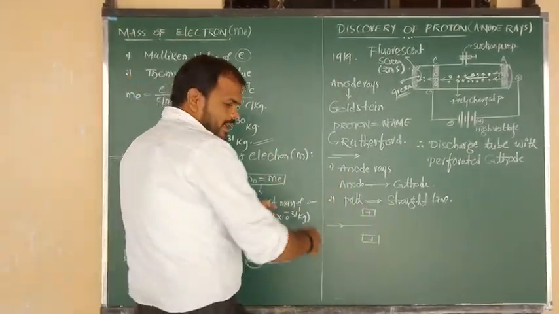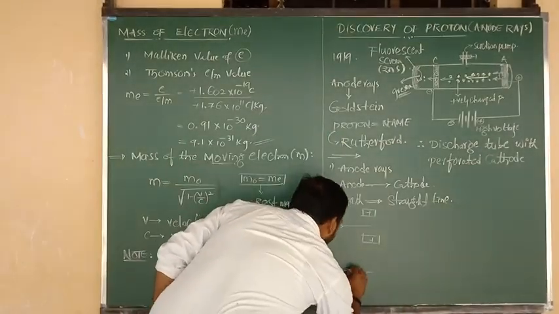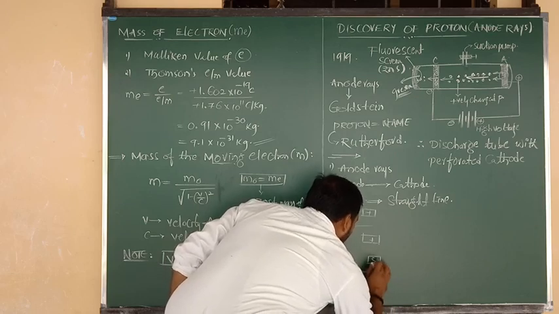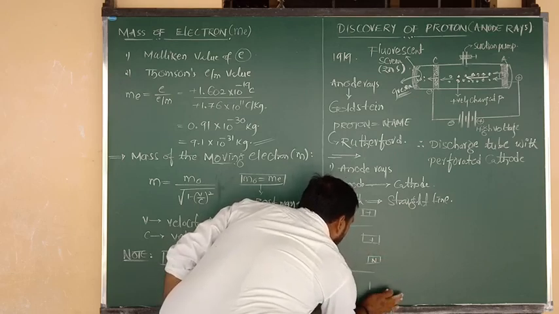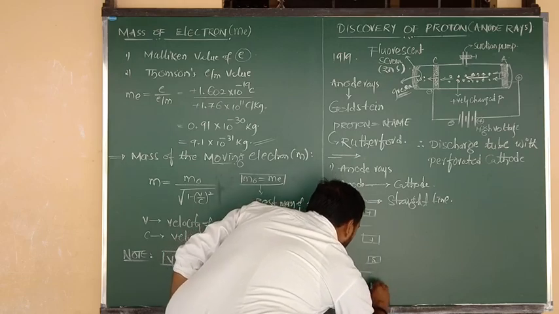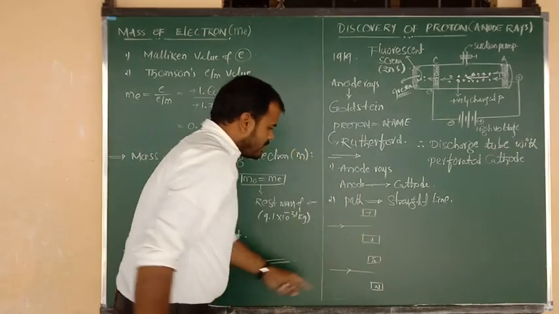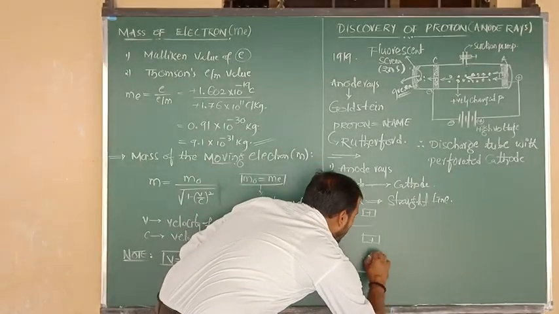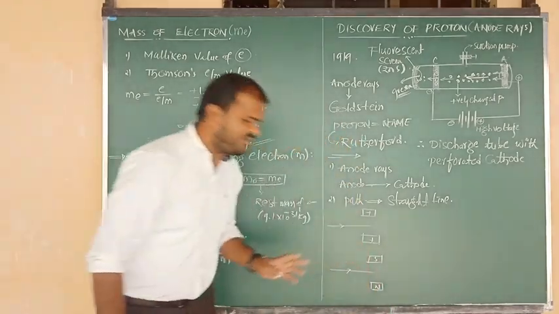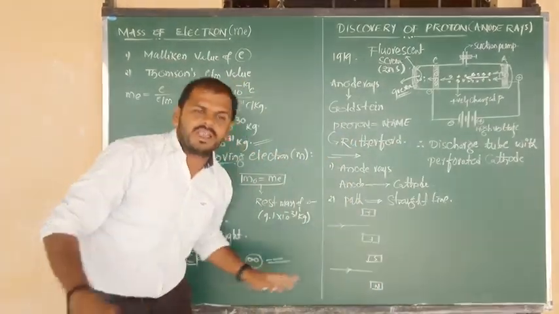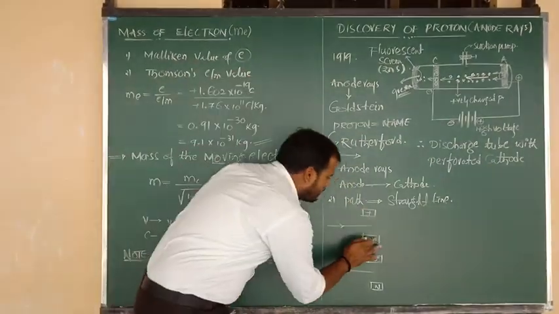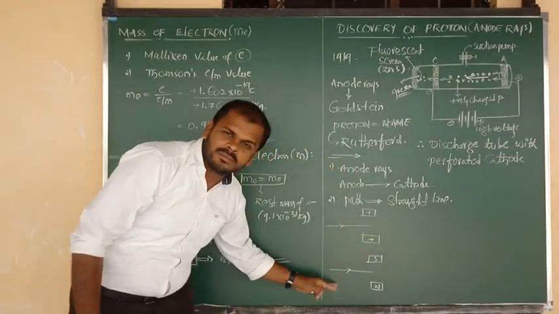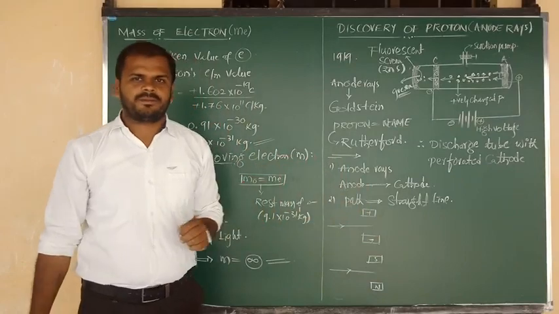Okay, in the direction of the same ray, on one side I am going to arrange the north pole and on the other side the south pole. The meaning of this is that here we applied the magnetic field, N and S. Plus and minus means the electric field was applied. So here the rays are traveling in a straight line manner.